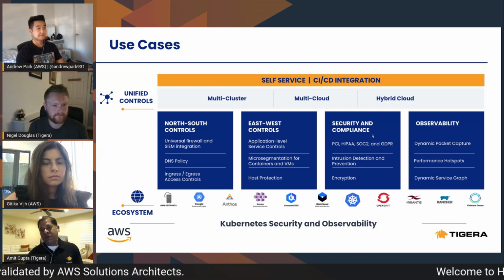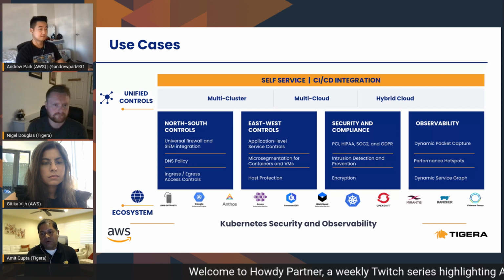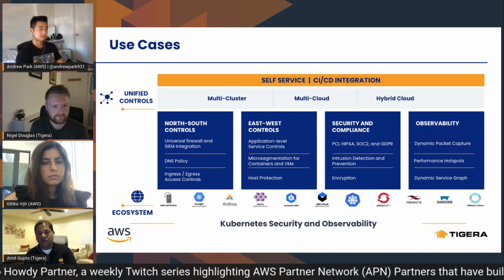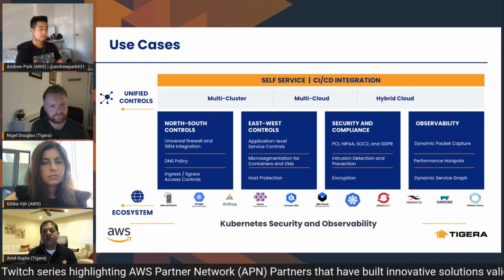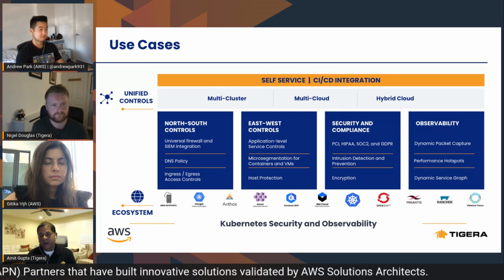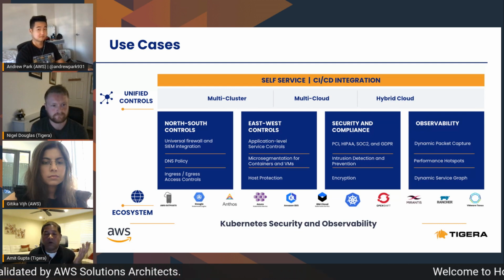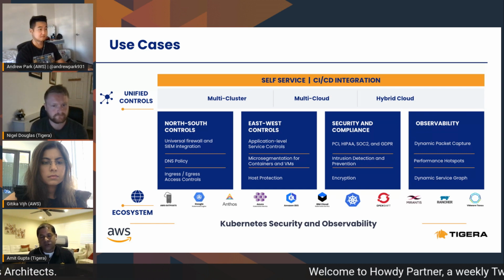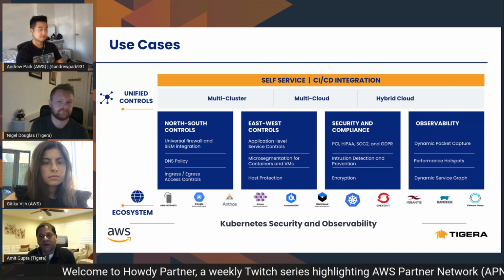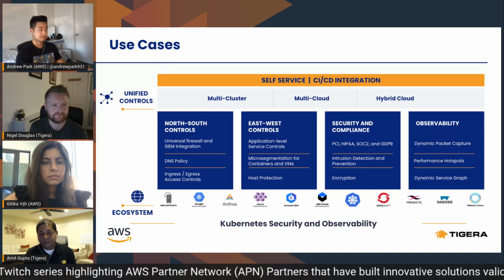The third aspect of this pillar is around broader security and compliance. So as you start putting more regulated workloads, or as your applications in these clusters need to talk to regulated workloads that may be sitting anywhere else, you know that you will have to go implement certain very crisp security and compliance controls. They could come from a regulatory framework, PCI, HIPAA, SOC 2, GDPR, or whatever compliance controls your workloads are subject to.